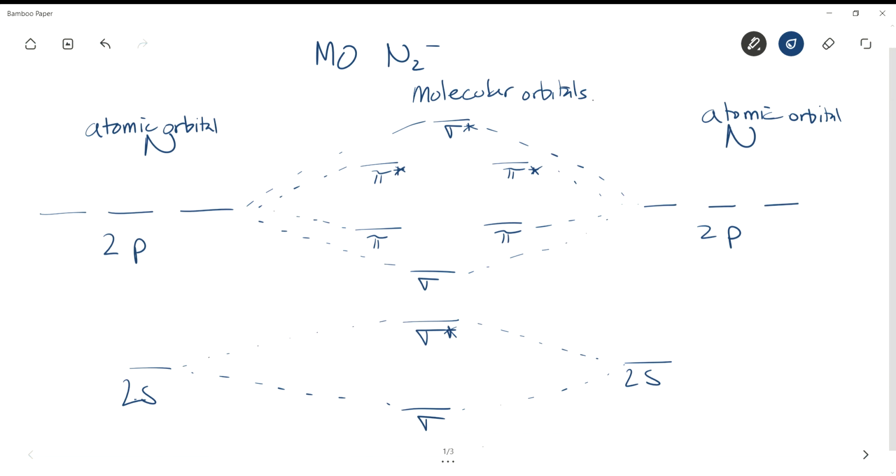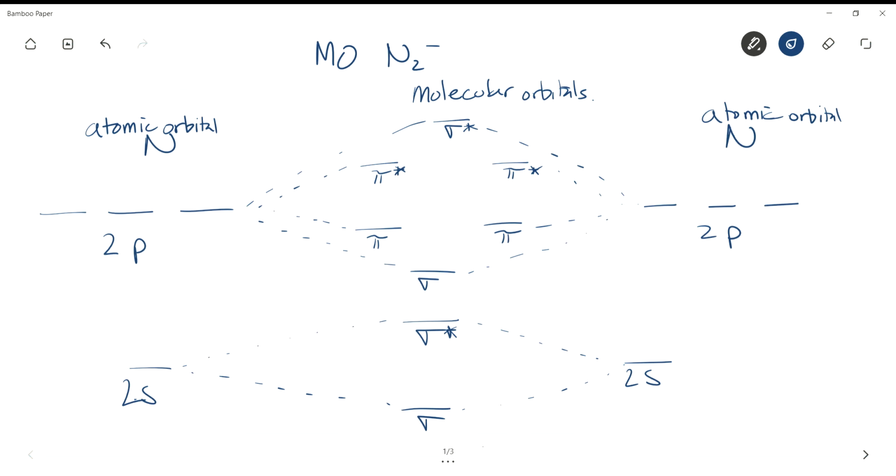To do this correctly, you have to make sure that the number of atomic orbitals you put in is the same number of molecular orbitals you get out, and you need to make sure you maintain the right number of